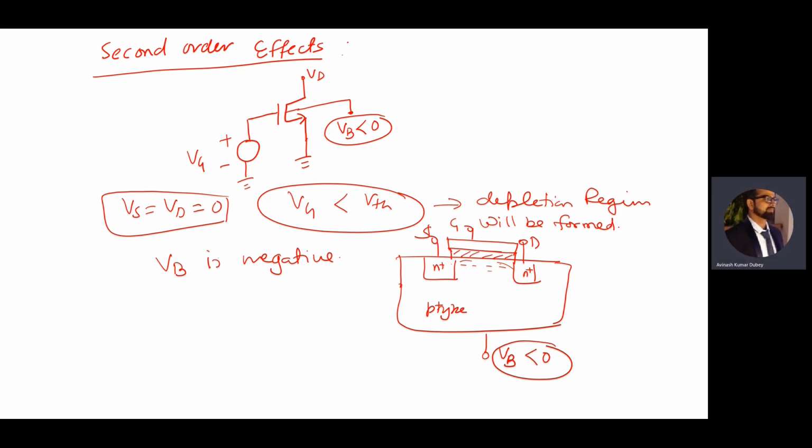Now we have discussed that threshold voltage is a function of the total charge in the depletion region. Because this total charge is increased because of Vb, Vth will also increase. So when you apply Vb less than 0, means when you apply a negative voltage at the body terminal in an NMOS transistor, Vth will increase. There is a relationship between threshold voltage and the source to body voltage, given by